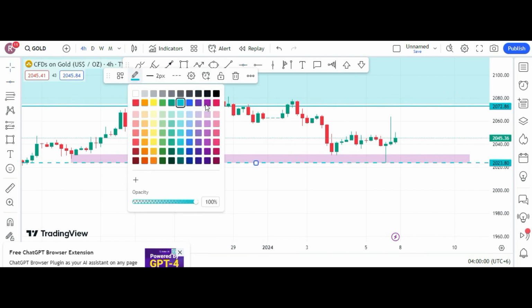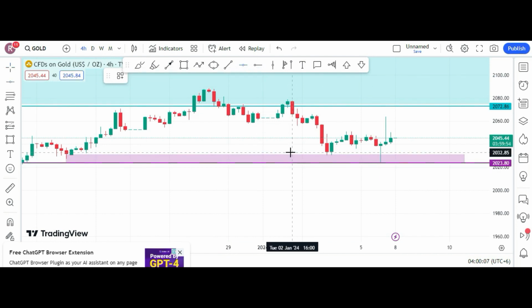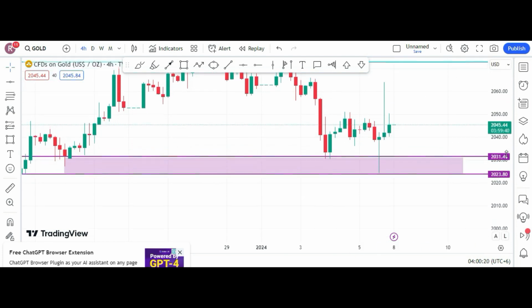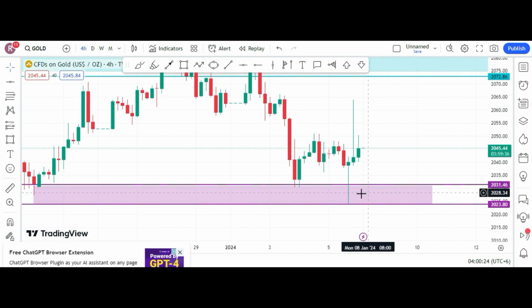One reason is this, that maybe I will not be able to give you any definite trade lead, because the reason for that is we have 2 long shadows on the lower side as well as the upper side, and it creates a very bad impact in the market, because we don't know which way the market is going. So see, the price came down to 2024 and it pushed the price up,